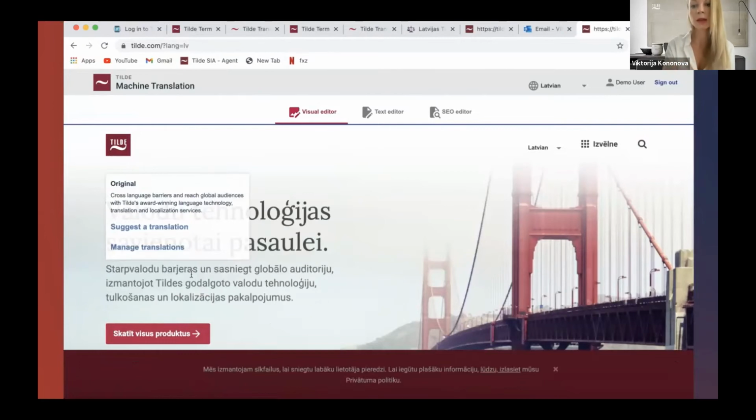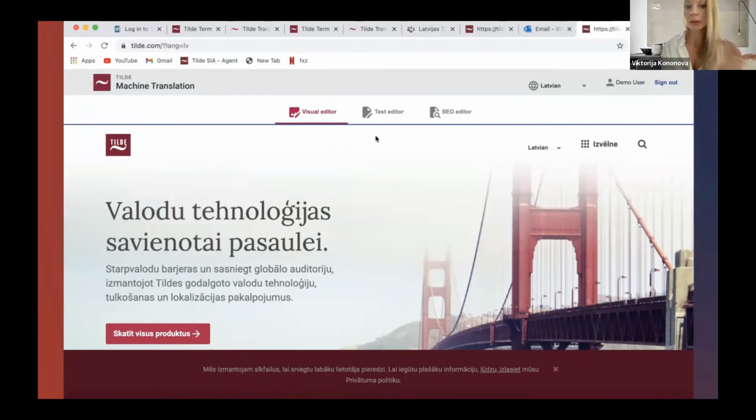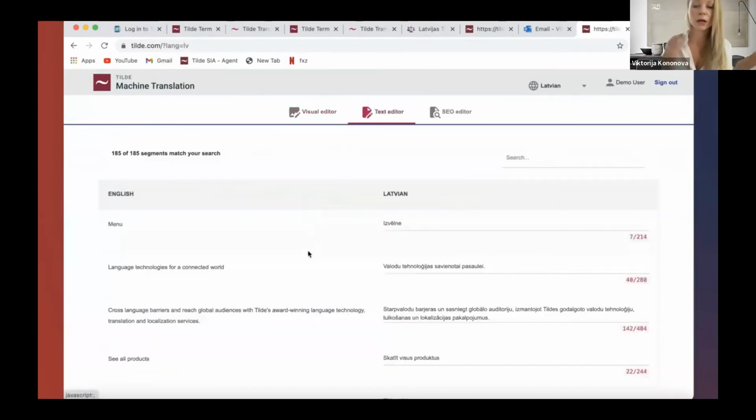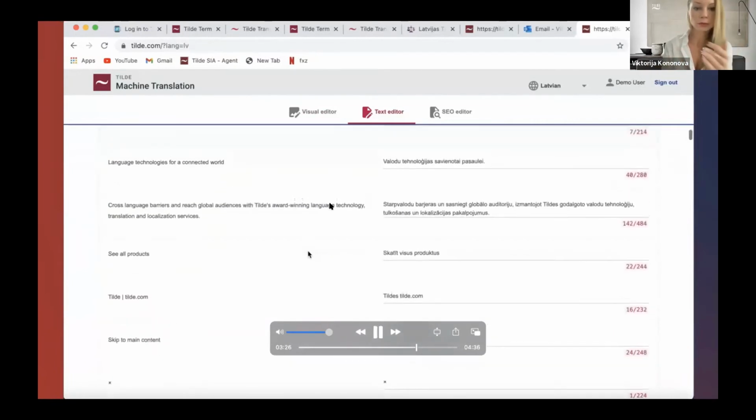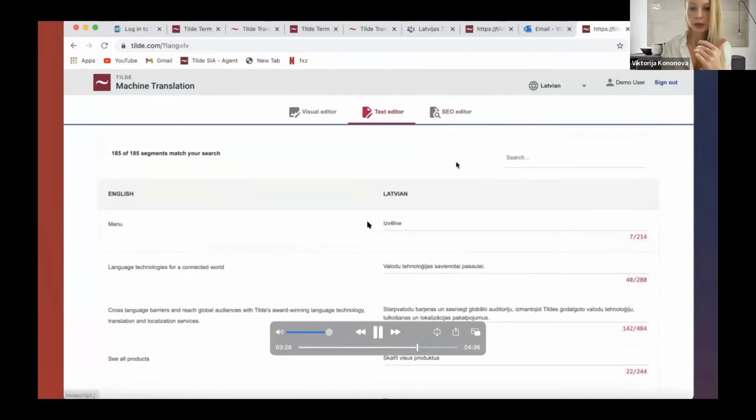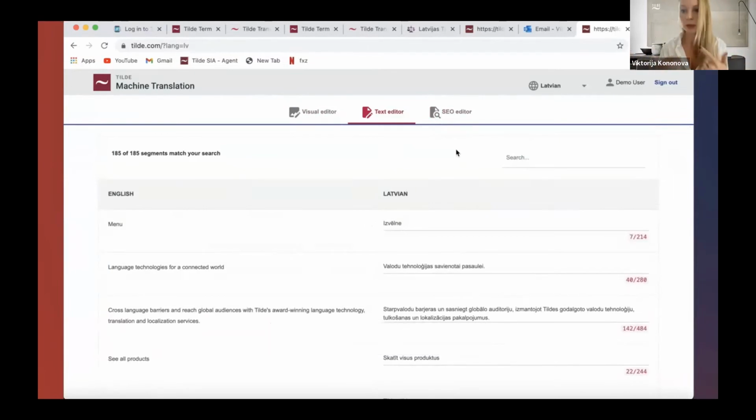So I don't like something in this heading, I would quickly change it and validate it. So I just don't need to go anywhere else and copy the content. I can do it there. If it's a larger portion of content, I would go to the text editor here, and I would just go through the text here and change it there. And it would appear directly on the web page in all the languages, synchronously and dynamically in all the languages that we're using.